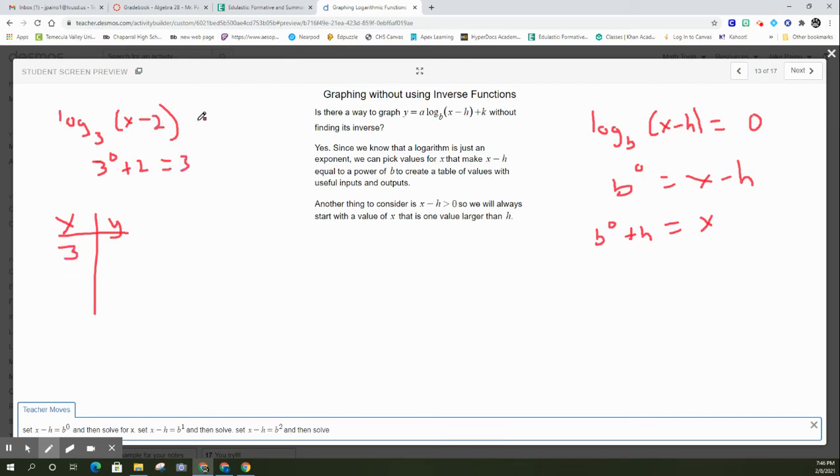3 minus 2 is 1, right? So I'm asking you, what is log base 3 of 1? Which we know, 3 to the what power is 1? That's 0. If I want my y to be 1, if I want this to equal 1 over here,